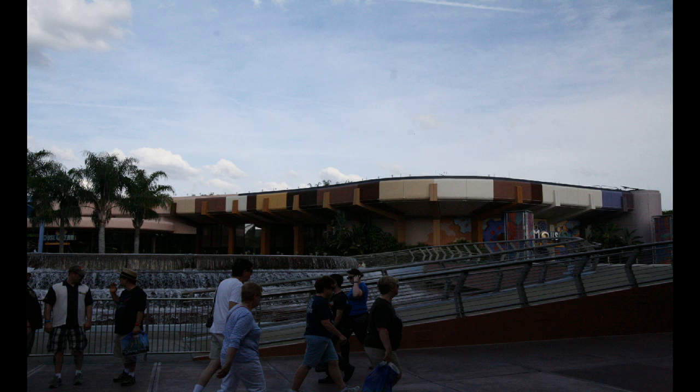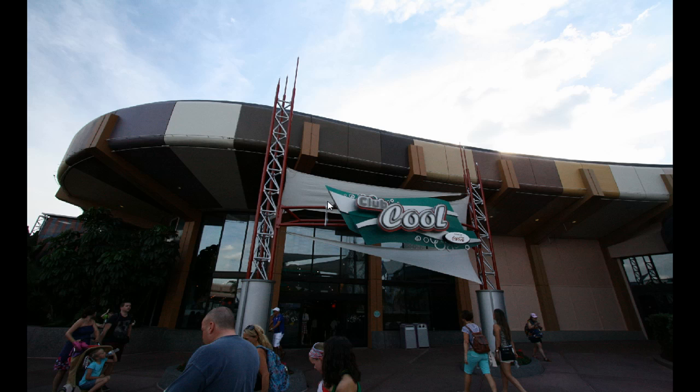A pretty visible change happening in the Fountain of Nations area is this new color scheme. Now, I've seen one person claim that this is a color test, that they're just going to choose one of these colors later on. But at the moment, there's a lot of different colors, and it's on both sides, and the colors don't match what you see on the other side. So either they're aiming for something particularly retro and 70s, or it is just a test and they're going to choose one. But it seems to me that a test might have happened in the computer